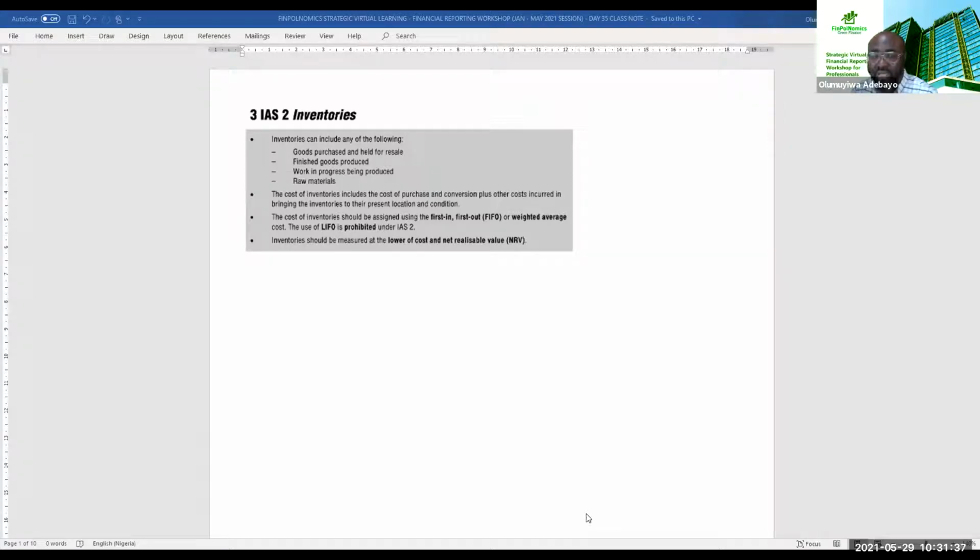And also we'll look at measurement of inventory at each reporting date, though the basic foundation for measurement of inventory is the cost. That's why we earlier pointed out the discussion we are going to have on the aggregate cost of an inventory. But as time goes on, we understand that where the net realizable value, okay, which